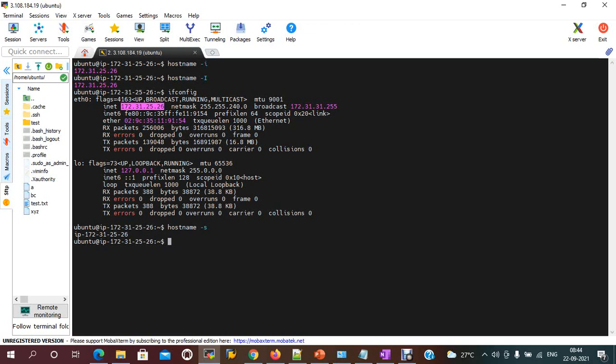And hyphen b displays the host name, the version as output. So we use hostname mainly to know the system information, the IP address, and any aliases we have set. Now another command is uname. To clear this screen, we just need to use the command clear.